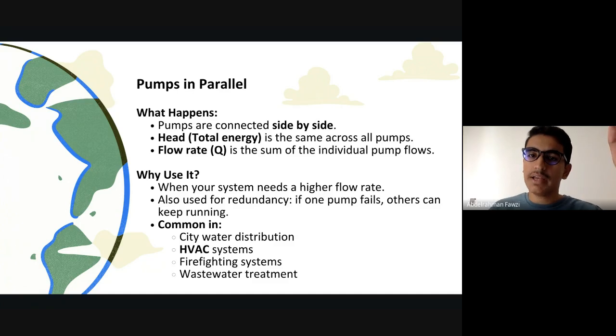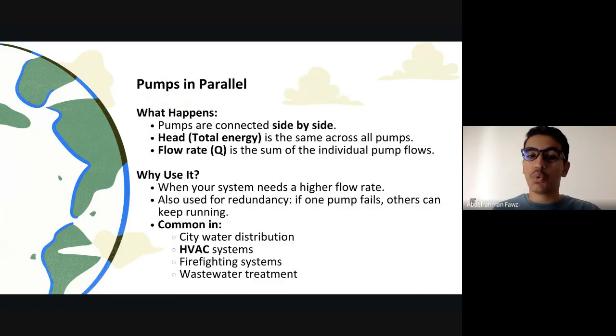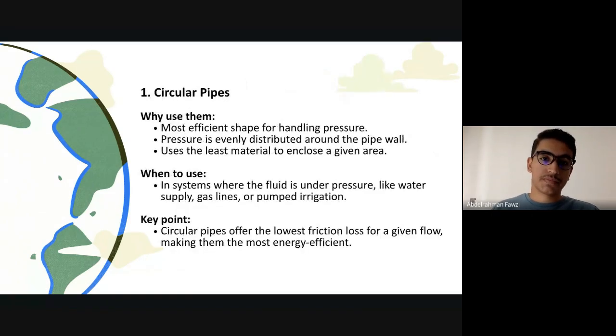And here's an important thing: there is also a good characteristic about the parallel configuration, which is the redundancy. So, for example, if you have a system of 10 pumps, if one of them fails, the system will keep working. However, in series the issue is serious because they are connected end to end. If there is one pump that stops working, then the whole system will stop working as well. And this is something that cannot happen when you have a city water distribution. You are providing water for thousands of people, for air conditioning and so on, and wastewater treatment. This kind of failure cannot happen.